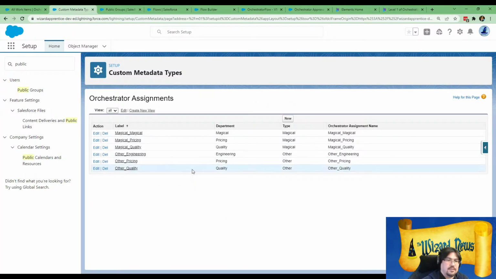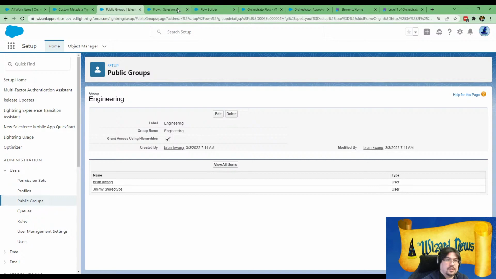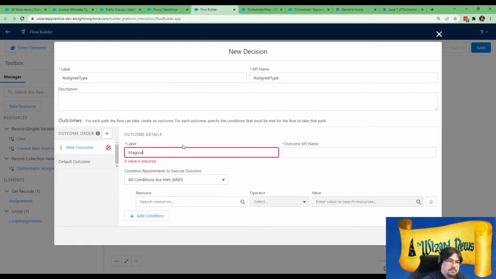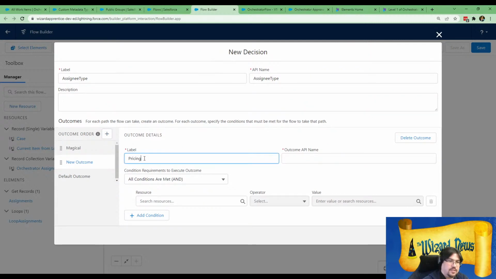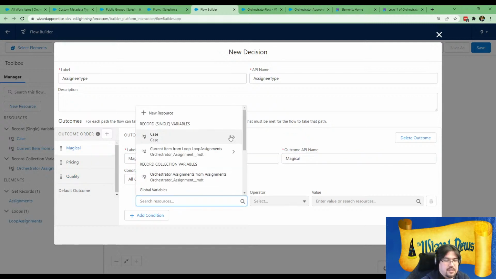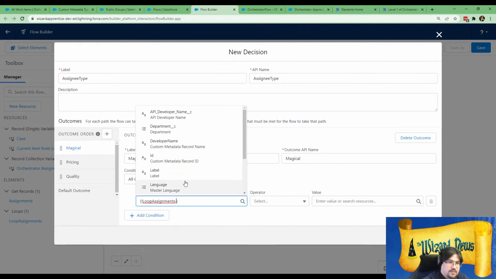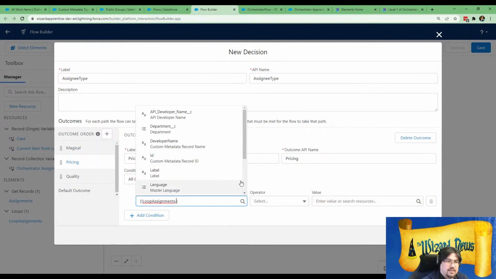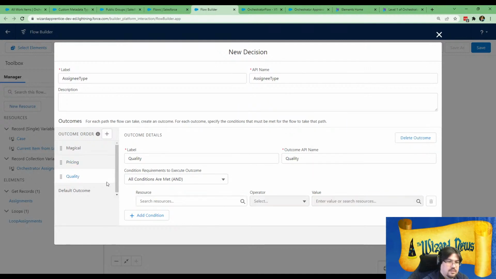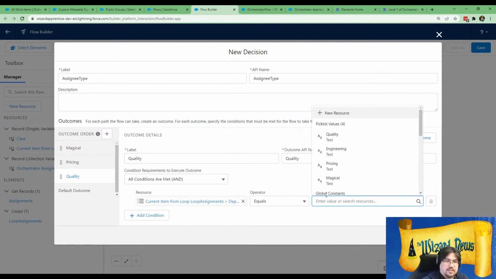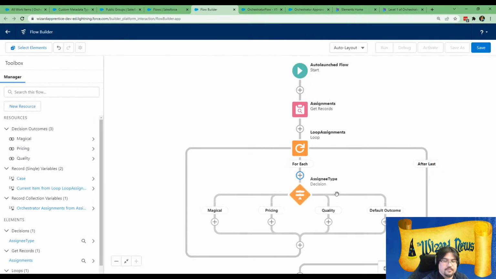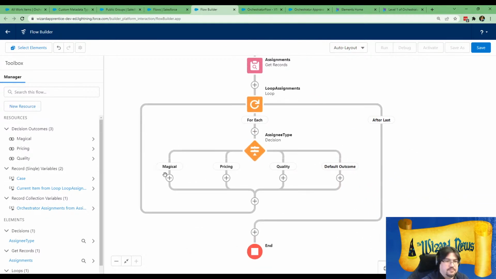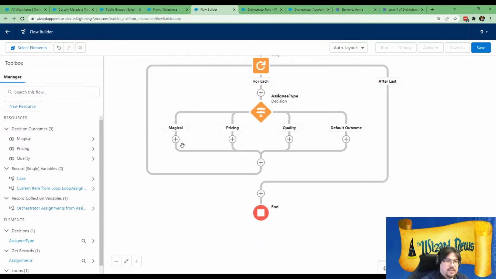And if I go back to my customer data, we have magical pricing, quality, and engineering. We're going to do the first three here. Go back to right. So this is magical, pricing, quality. Okay. So then this comes from, if this is department equals magical. This is if the department is pricing. This is if the department is quality. I know, it's a little on the messy side,